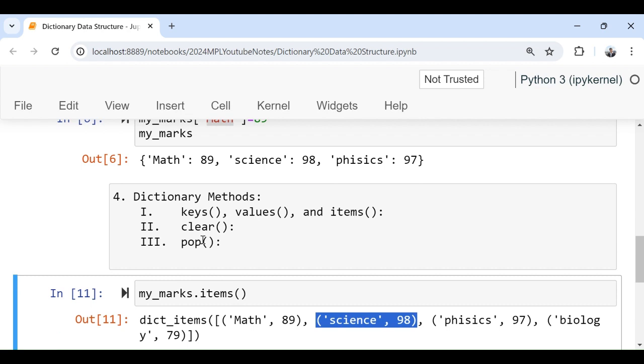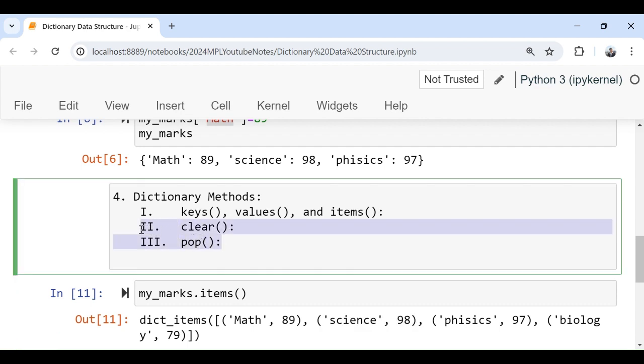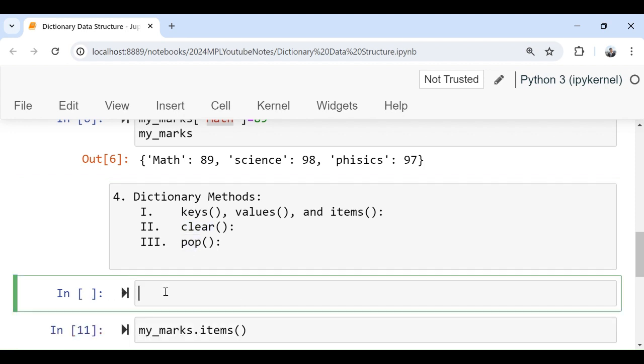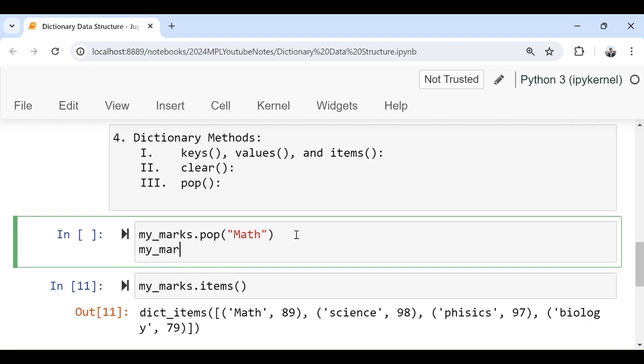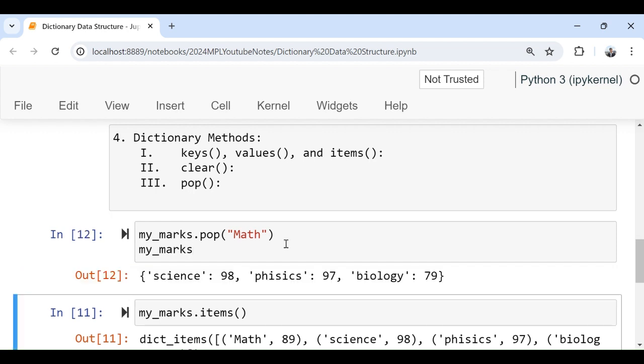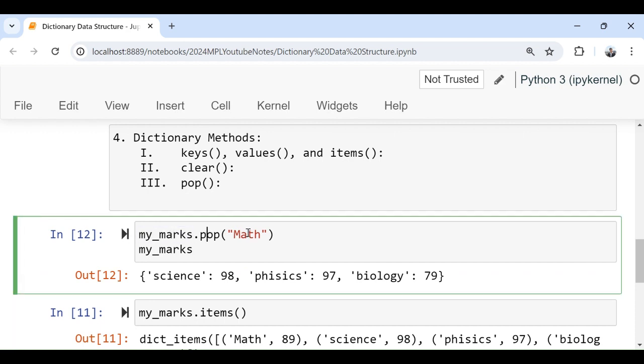So next, we have two methods for removing an item from a dictionary. We have pop and clear. If you want to use pop, pop will delete the item based on the key that we give it. For example, if I go inside my dictionary, my marks dot pop, I want to remove the value for maths. And again, now here, if I print my dictionary again, here I need to see maths is not available